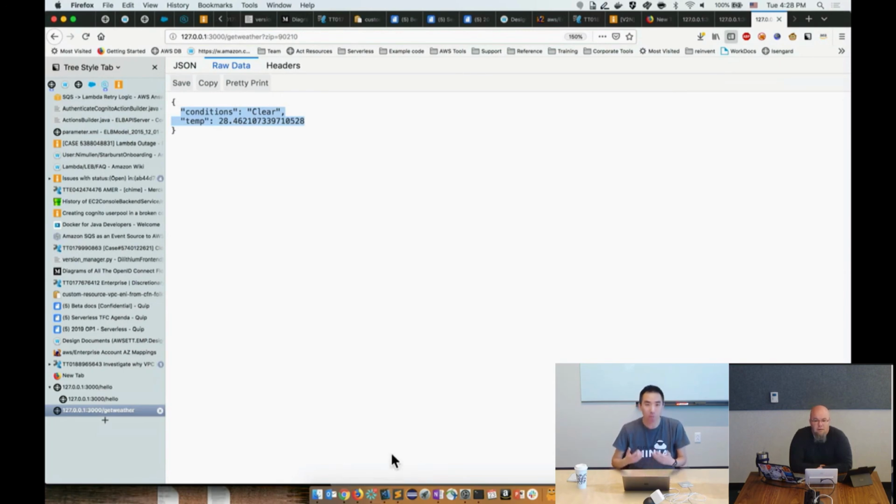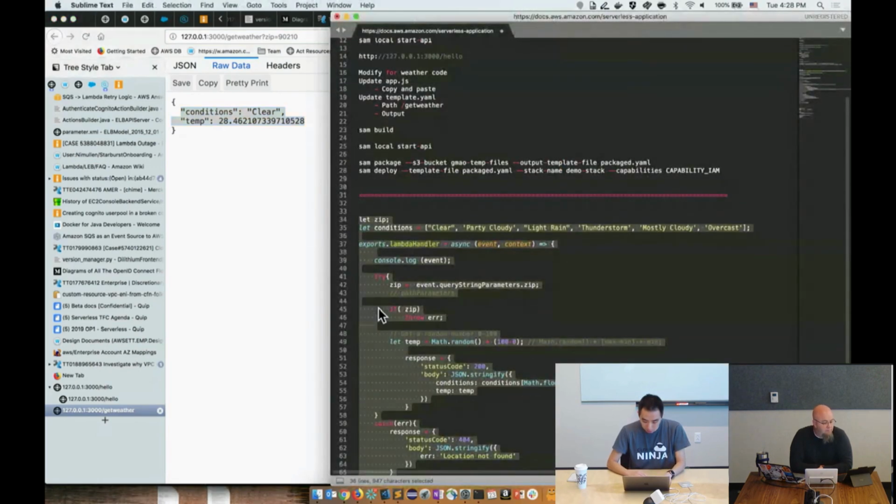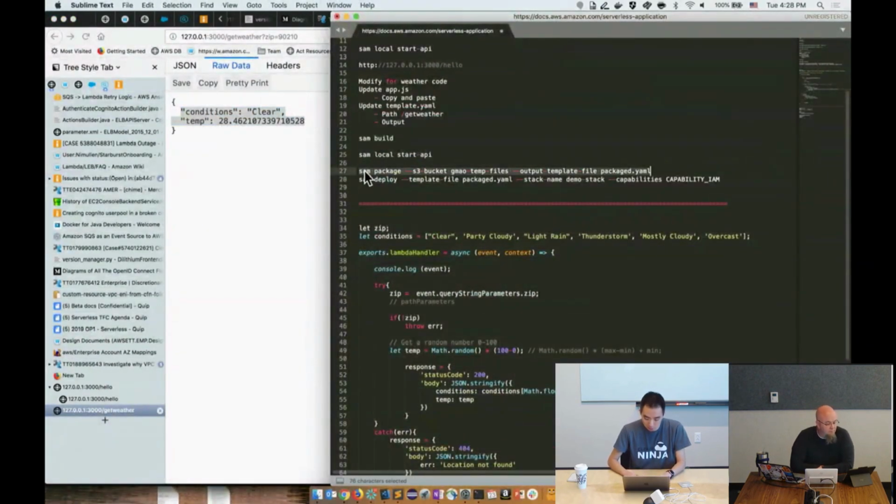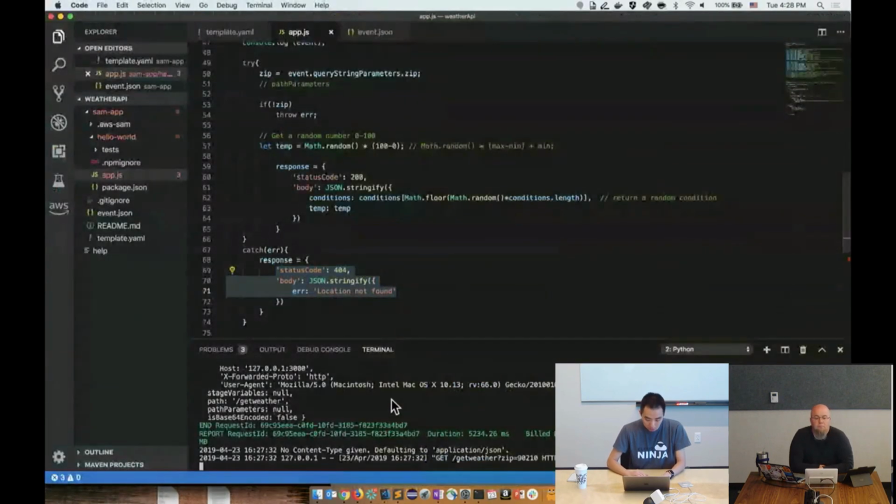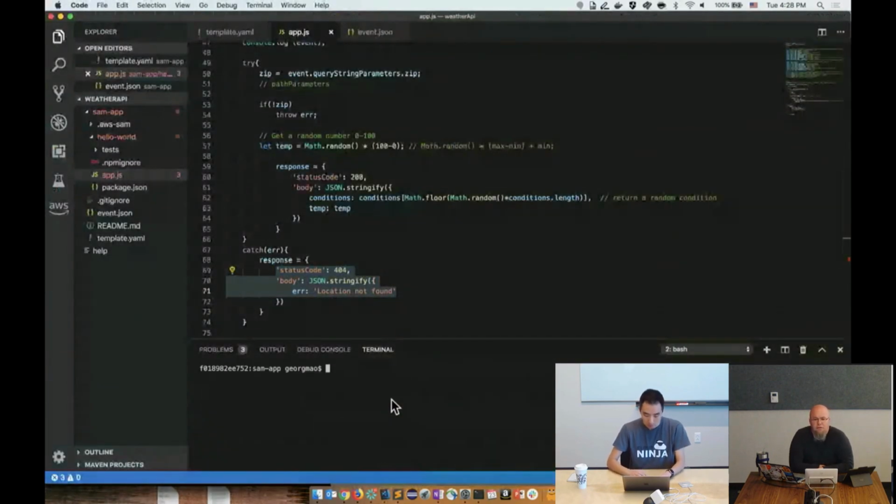So at this point, we've implemented our mock weather API service, and everything is local. Everything runs on my machine. So what I want to do now is deploy this application out to AWS. So in order to do that,